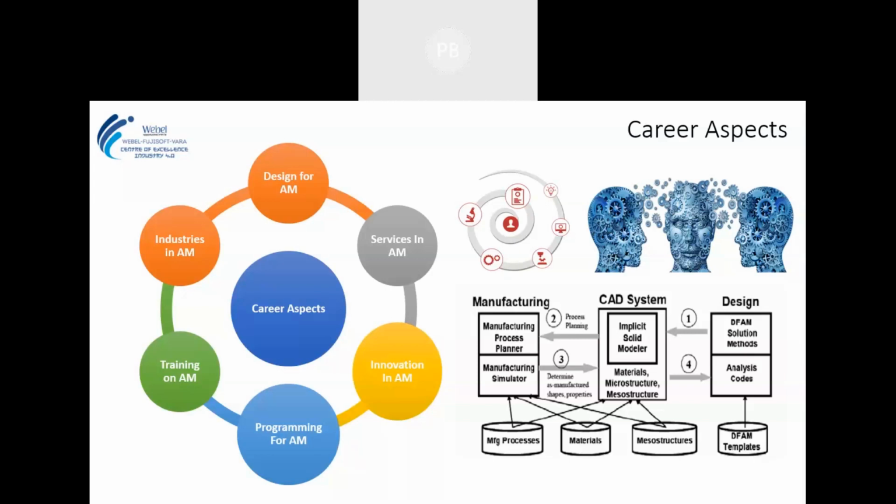Programming for AM. For developing AM, we need a huge level of software support, which is completely AI based, with complete algorithms and a coding base. Our computer science students and other students can be more involved, doing the programming and software development, and come up with creative software where different parameters, technologies, or settings can be set in a single go. And therefore comes training on AM.